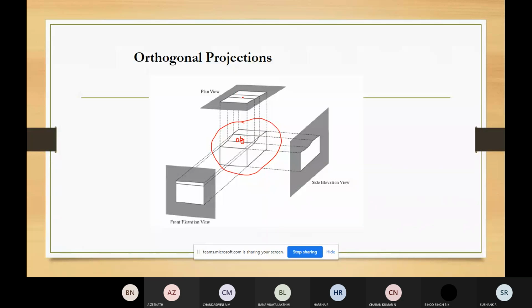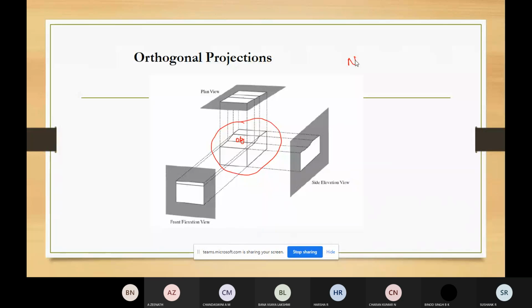So how the parallel lines will be drawn means, here the transformation for the object description will be done on the view plane by drawing the lines or by projecting the lines that are parallel to the view plane normal vector. So we have seen some vector called n, which is the view plane normal vector. This kind of projection we will call the orthogonal projection.